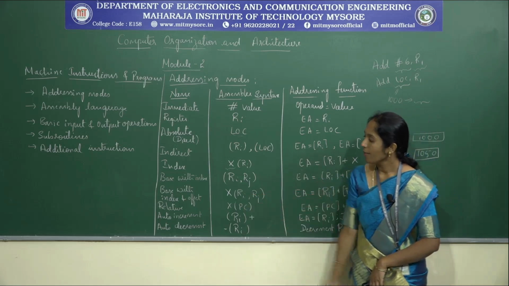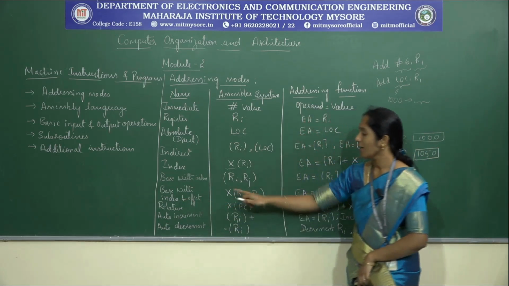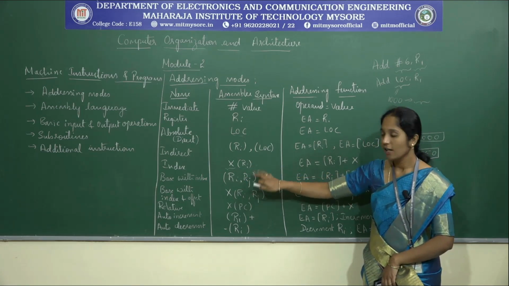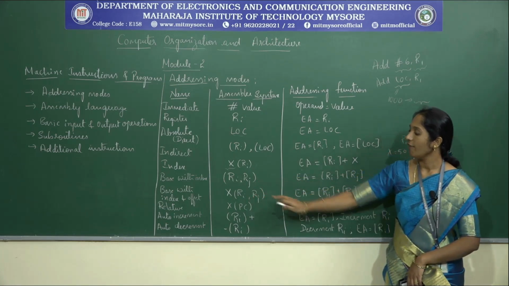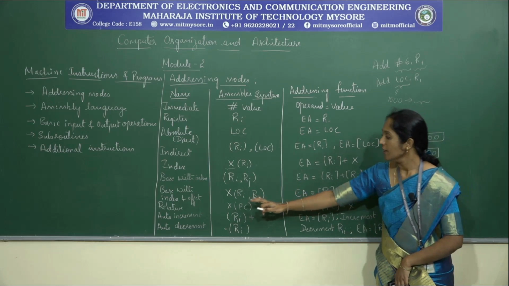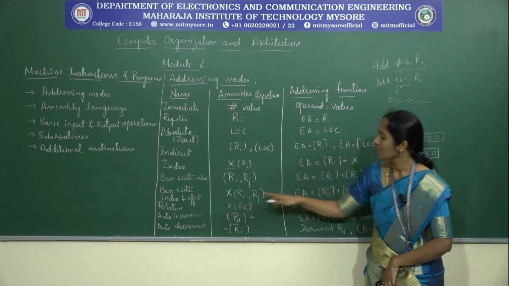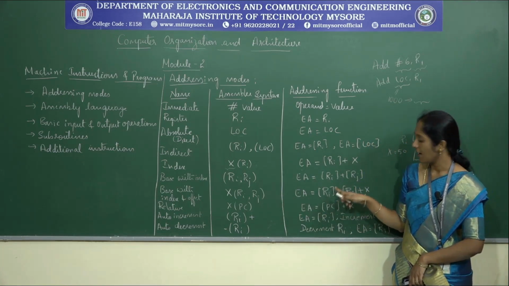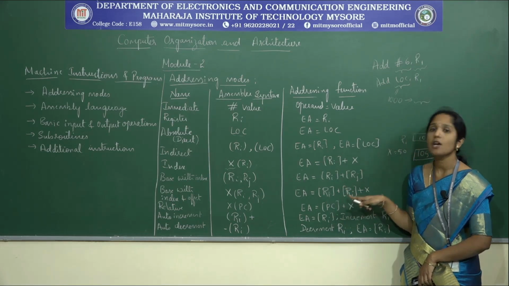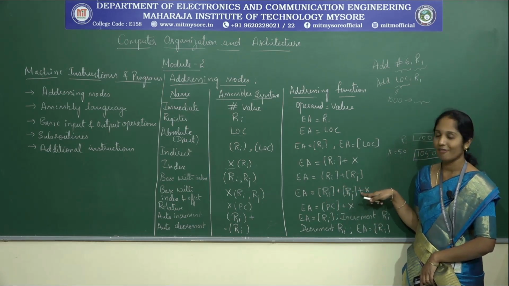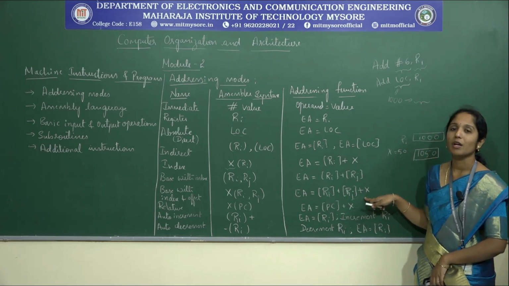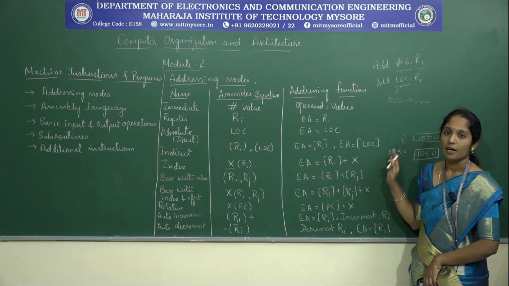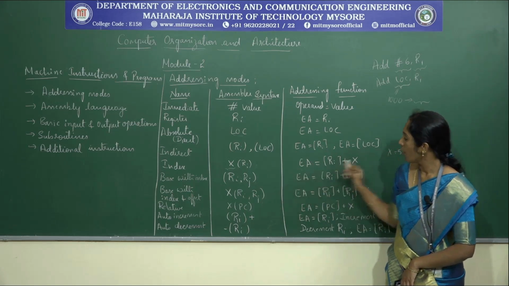And next we have base with index and offset. So we have index as well as offset. Initially we had only offset, then index, and now we are combining both. It is represented as X of Ri, Rj, and the effective address is found by adding the contents of Ri plus contents of Rj plus X. X is the offset value, a constant value. So this is how we find the address of the operand, where we have the value for the operand. So this is about index addressing.